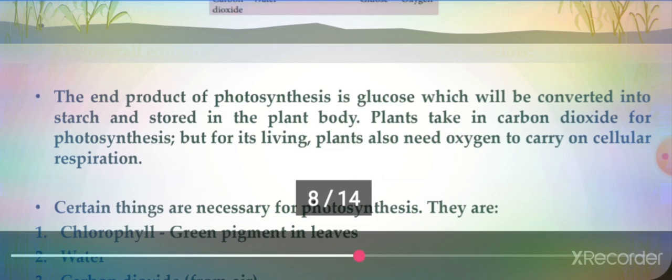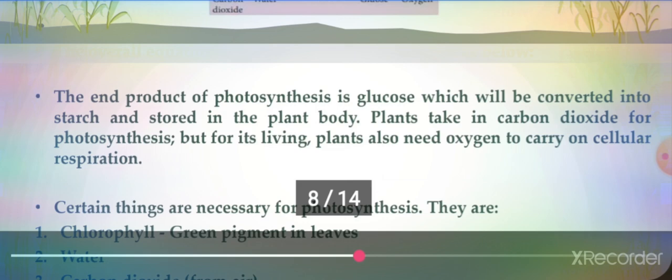They are stored in the cells, and that glucose is converted into glycogen. In plants, glucose is converted into starch, and in animals and human beings, it is converted into glycogen and it is stored